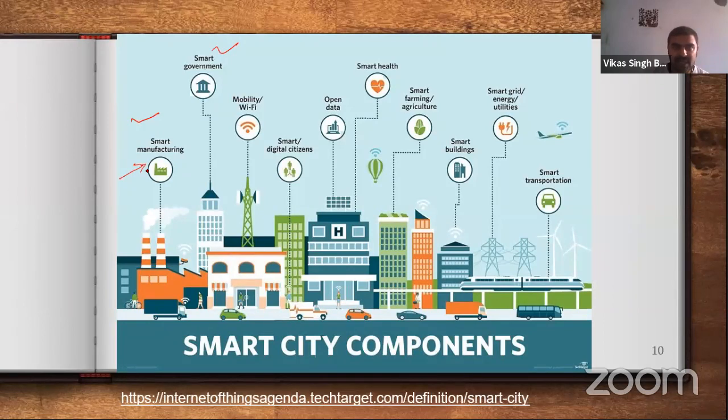Then mobility, Wi-Fi, smart and digital citizens. Digital citizens means our health system data is completely recorded and stored on a cloud. So whenever we are feeling any health related problem, we will have wristbands, smart watches are coming, or Fitbit fitness bands are there. Whenever they sense any abnormality in our health, they will send a signal to the doctor, and automatically the doctor